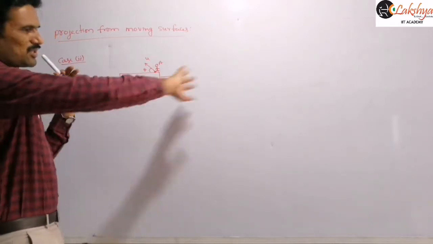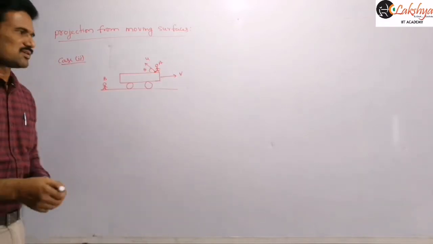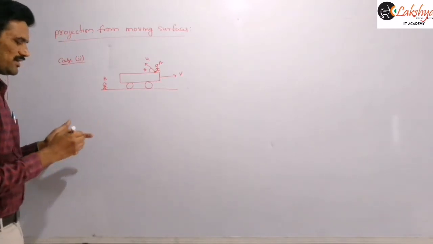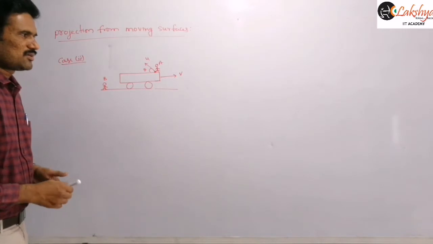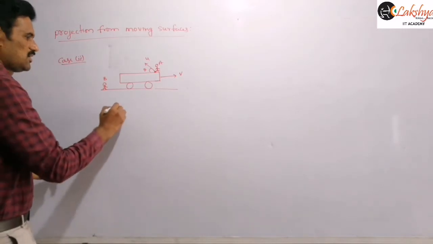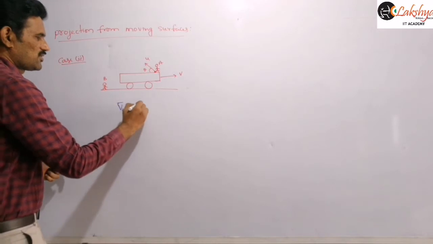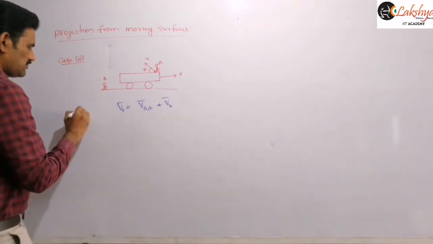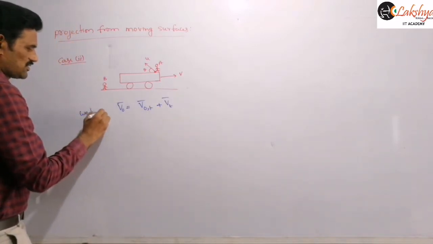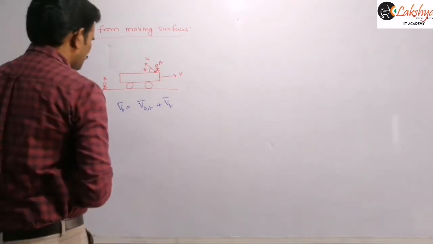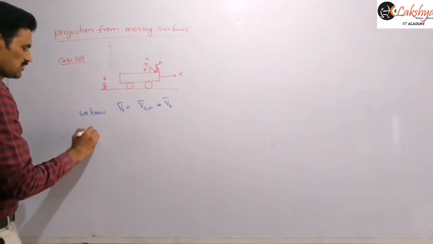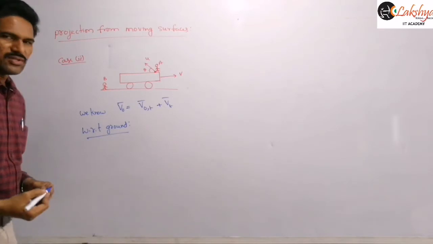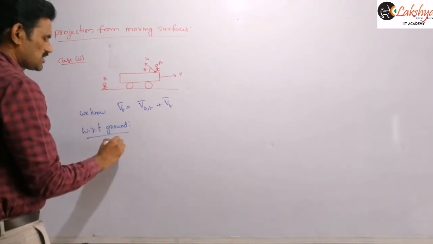So that means if the truck is moving towards the right, then we are projecting it towards the left, right? And again you may write these velocities with respect to the ground. As we already know, the velocity of the object with respect to the ground is equal to the velocity of the object with respect to the truck plus the velocity of the truck. We previously mentioned this, so the same concept applies here. So we are solving first with respect to the ground, and I am writing this horizontal component.